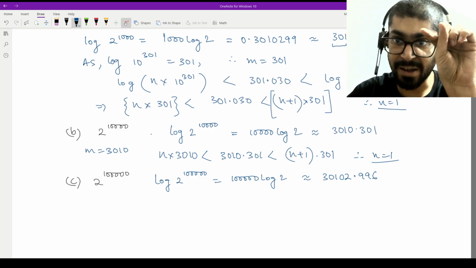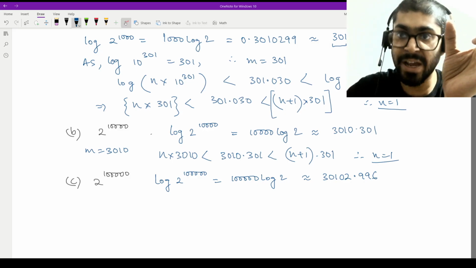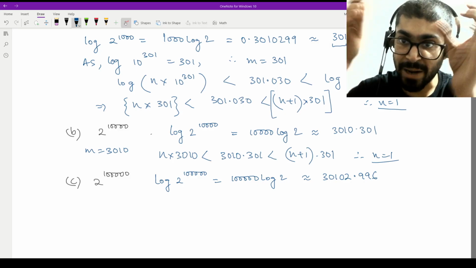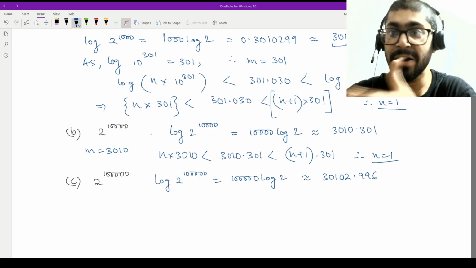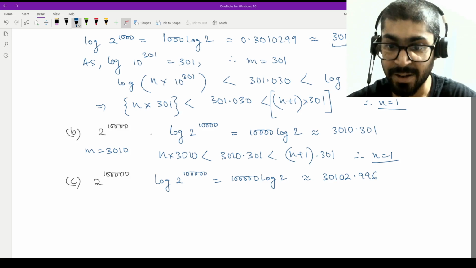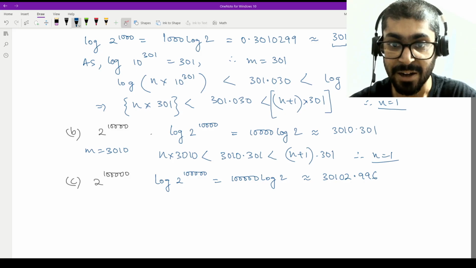So basically I have 9 into 10 to the power m format and it's going into 10 into 10 to the power m format, right? Which means it's going from 9 into 10 to the power m format to 10 to the power m plus 1, because 10 into 10 to the power m is 10 to the power m plus 1. Alright, so what will we check? We will start by checking with log